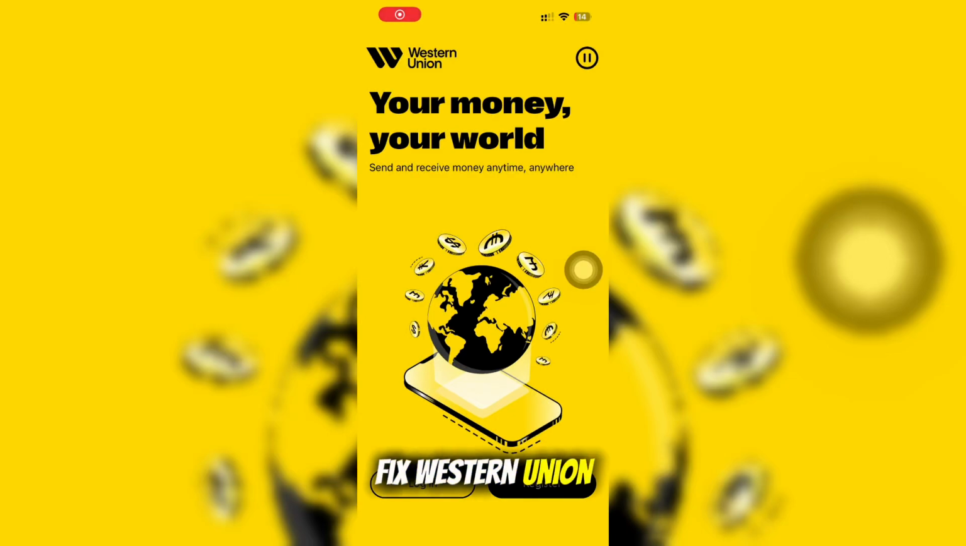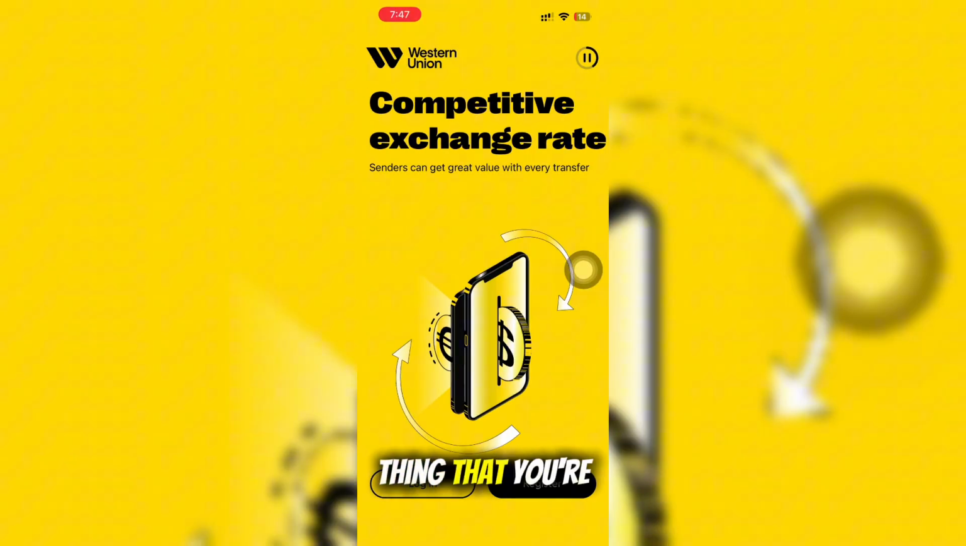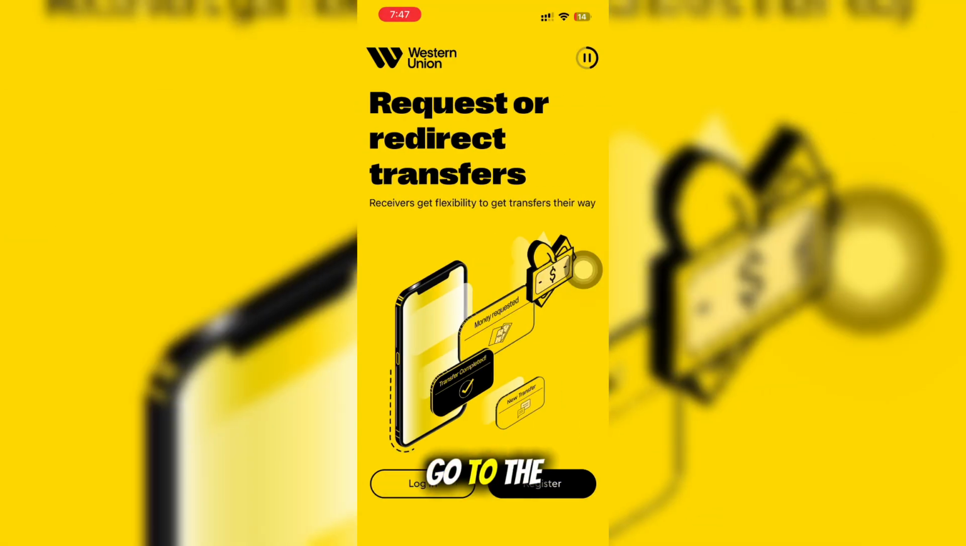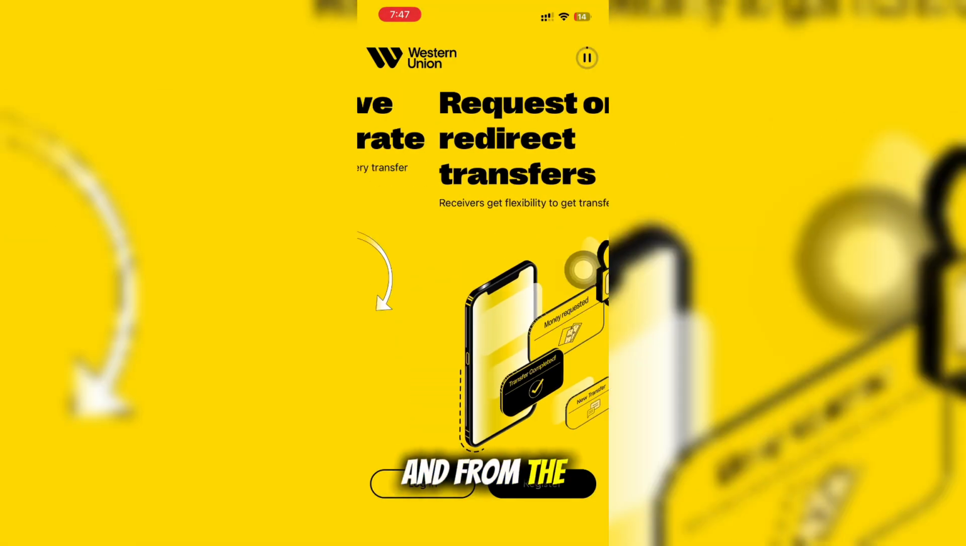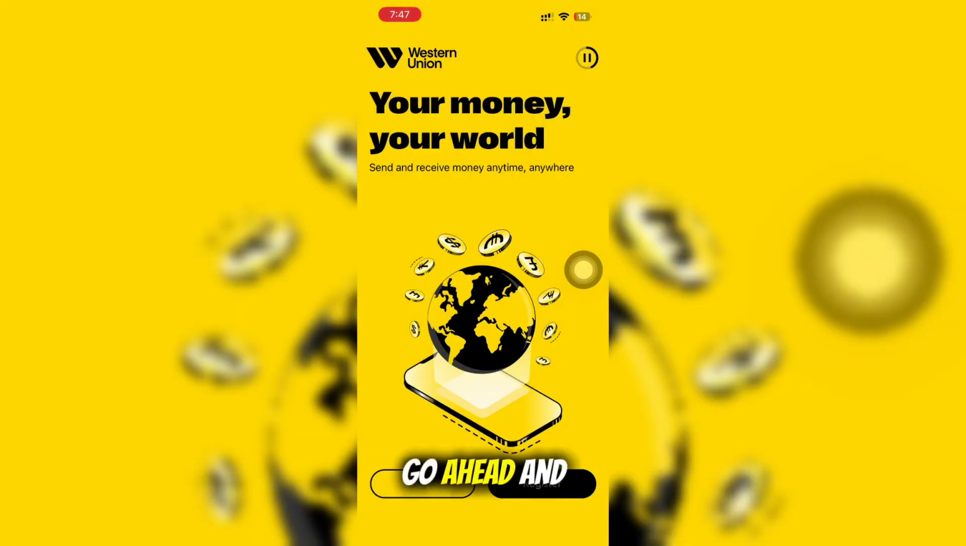Here's how to fix Western Union login block. So the first thing that you're going to do, if your Western Union account has been login blocked, go ahead and go to the Western Union application, and from the Western Union application, go ahead and press on the